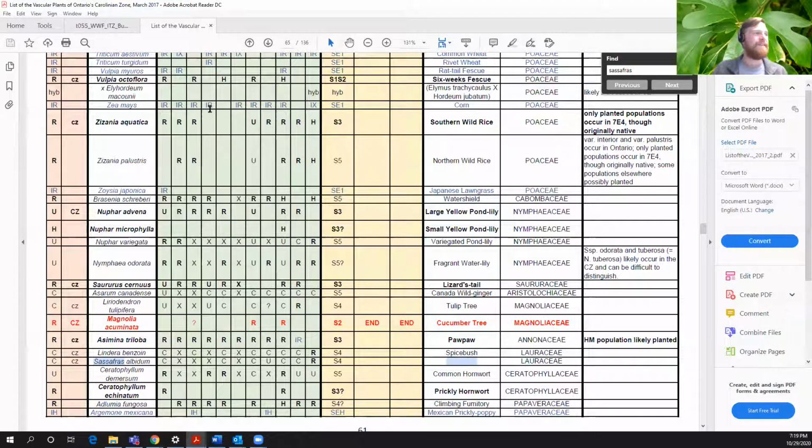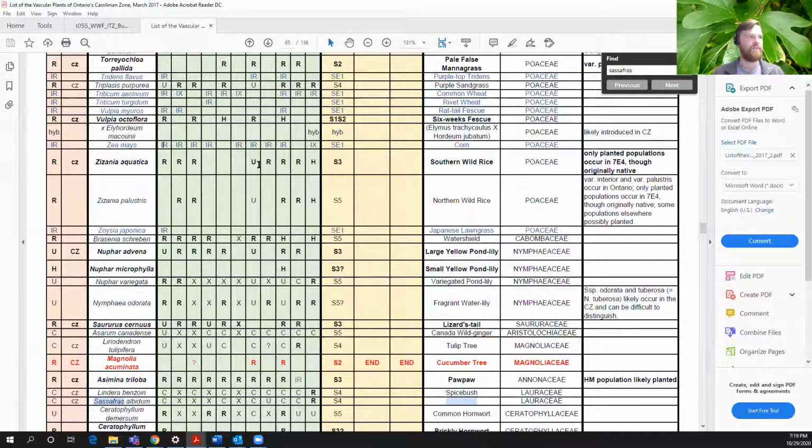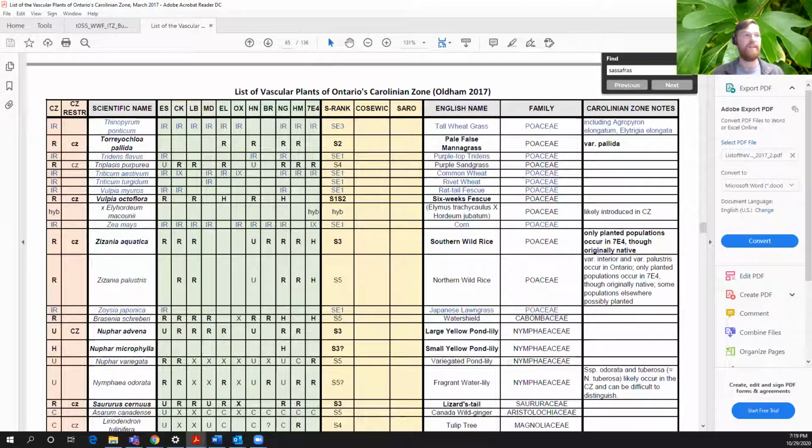But lots and lots of really interesting information in this document. I'll also say that the blue lines, these sort of bluey purpley ones with the IR or IX, those are introduced species, so non-native species. And the red ones are rare species, rare protected species. And also the bolded ones are kind of rare, but not protected, okay? So very, very cool resource there that I hope some of you in the chat will want to look at in great detail.